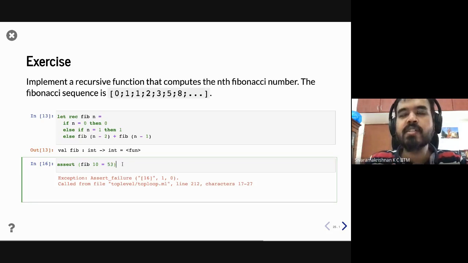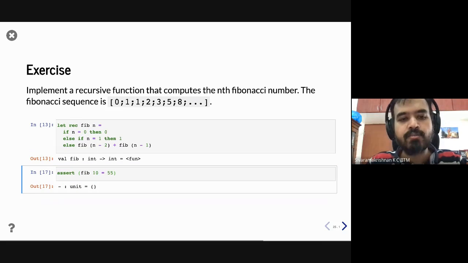So you can use assertions to check whether your implementation is correct, right? You write some function, you want to test it on very simple inputs, you can use assertion. So assertion is a nice handy way to quickly check whether something works. Okay, so I think that is assertion.